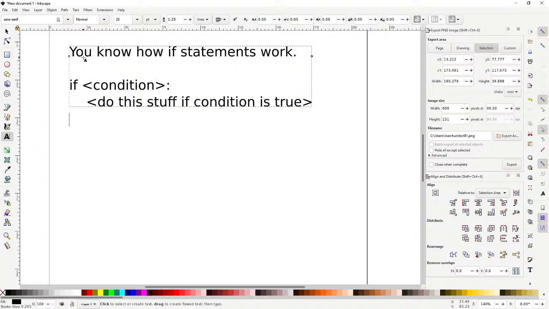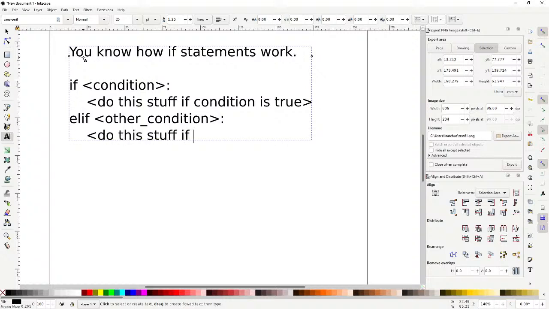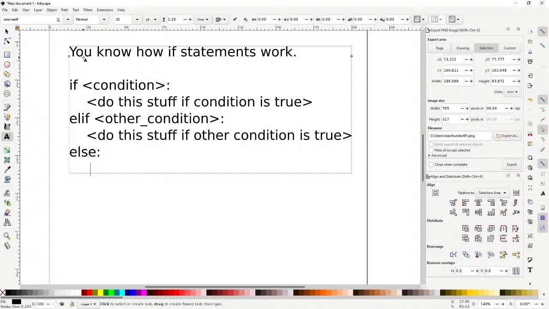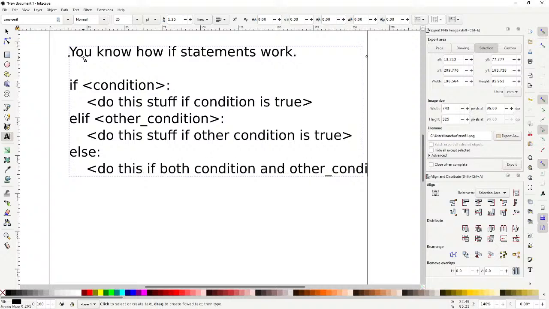And then maybe you have an elif other condition, and then you would say, do this stuff if other condition is true. You can have as many else ifs as you want. But in this case, I'm just going to have one. And so in this case, you do this if both the condition and other condition are